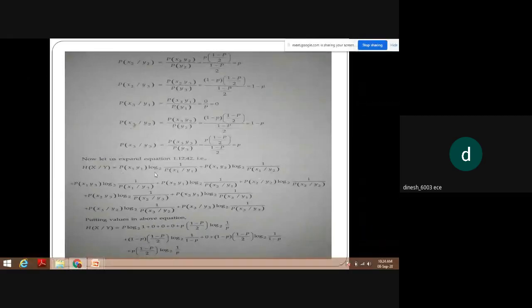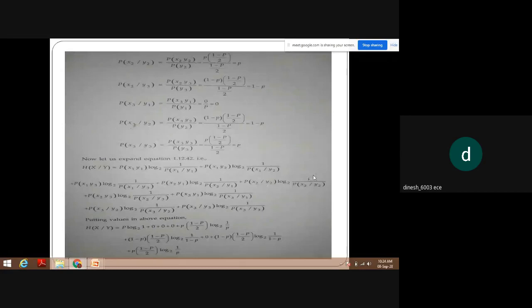So substitute in the conditional entropy. P of x1 y1 log to the base 2 1 divided by p of x1 y1 plus p of x1 y2 log to the base 2 1 divided by p of x1 y2 plus p of x1 y3 log to the base 2 1 divided by p of x1 y3 plus p of x2 y1 log to the base 2 1 divided by p of x2 y1 plus p of x2 y2 log to the base 2 1 divided